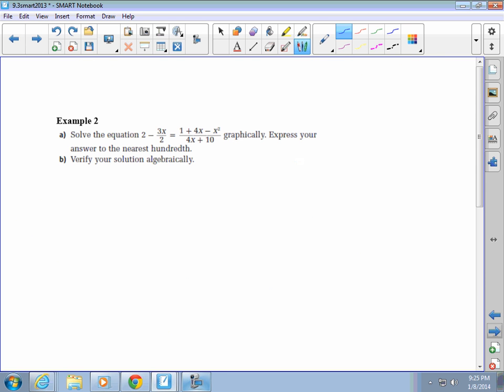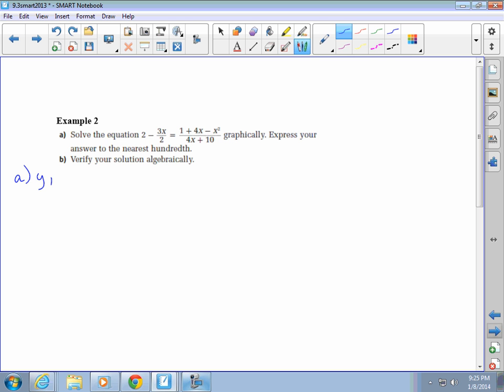Okay, let's try this one. To solve the equation 2 minus 3x over 2 is equal to 1 plus 4x minus x squared divided by 4x plus 2 graphically, what that means is you can use the table of values and plug in all your points and then graph it, or you're going to use your calculator and put in y1, y2. So in your calculator then,